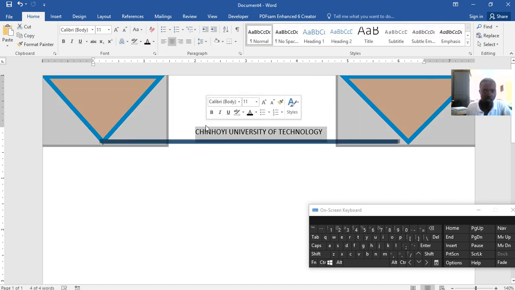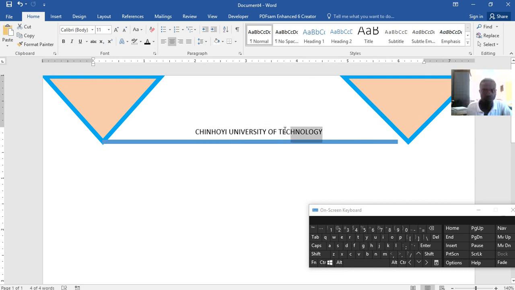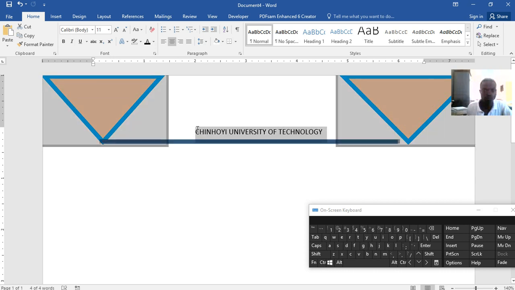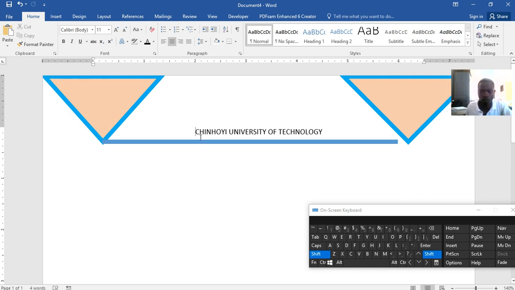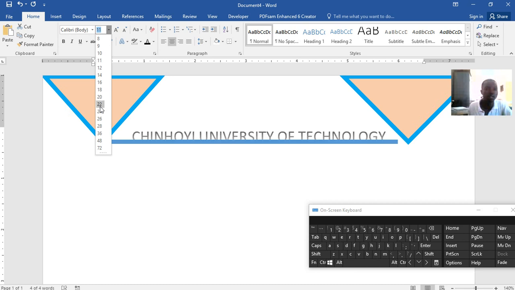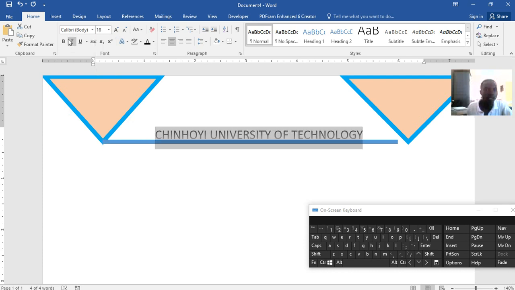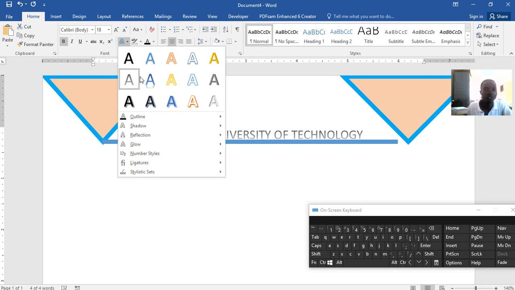Then maybe you can change the size of this text. Right, so what you can do, you may click on Shift where your cursor is there, then you use the directional arrows to highlight your text. Right, so you now change the format. Maybe you want that one, and then you change the size to say I want it to be 22, I want it to be 18, and then I want it to be bold, and then I want it to be with that format,